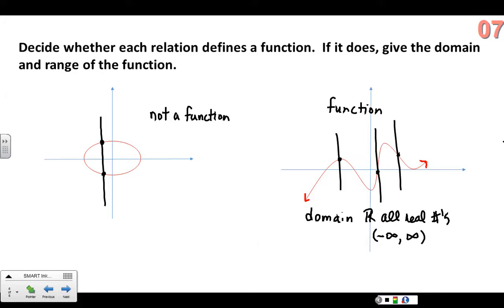The range, however, is the y's, and in this case, since this graph to the left looks like it's going down, it's probably going down forever. So the y value will get lower and lower and lower, to negative infinity. And this has an arrow pointing upward, so it's increasing forever, or going up forever. So the range also looks like it is all real numbers as well. Interval notation from negative infinity to positive infinity. So hopefully that gives you an idea about what a function